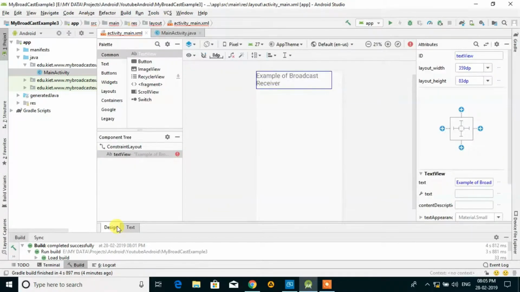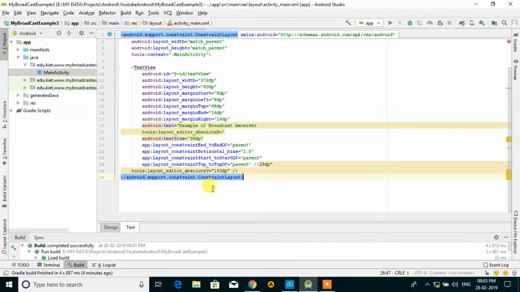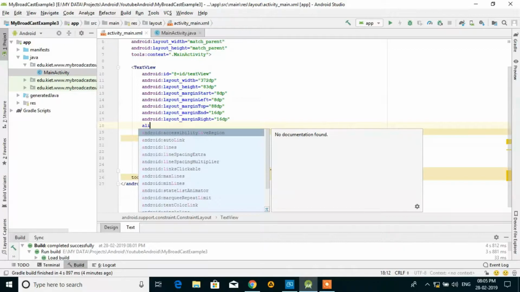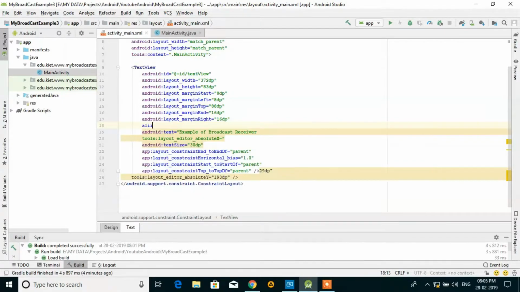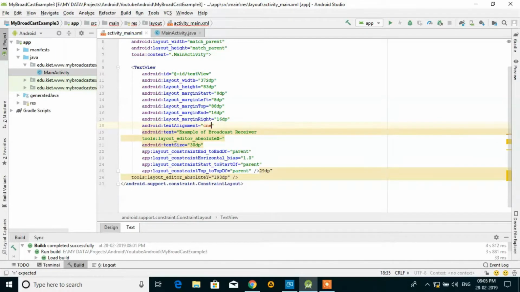We can set this on the screen, and we can give the center alignment also.